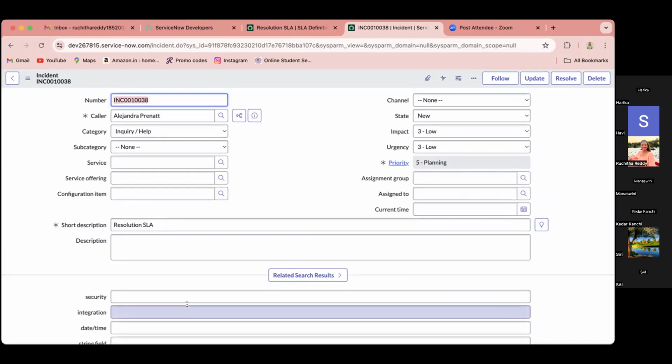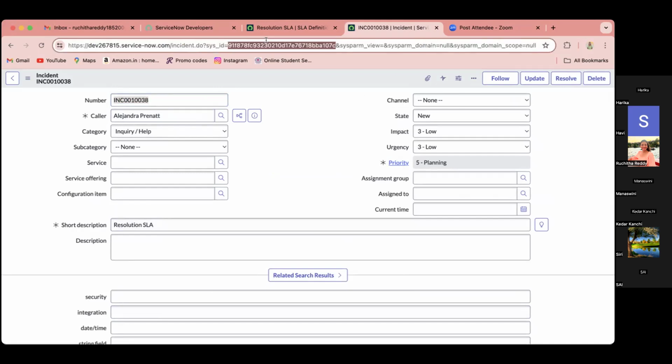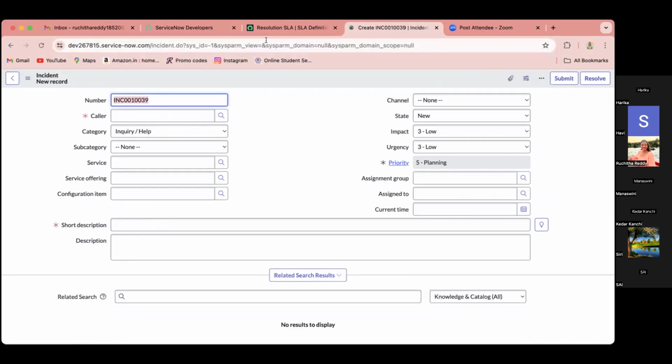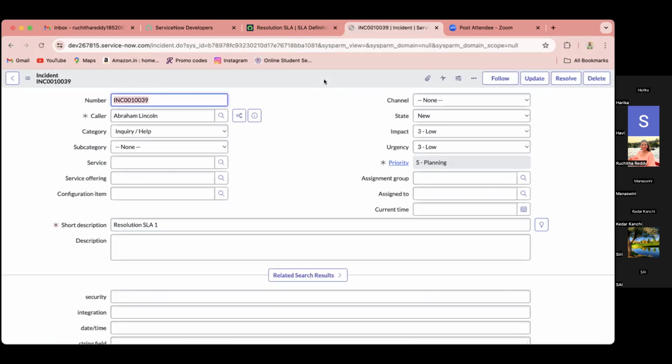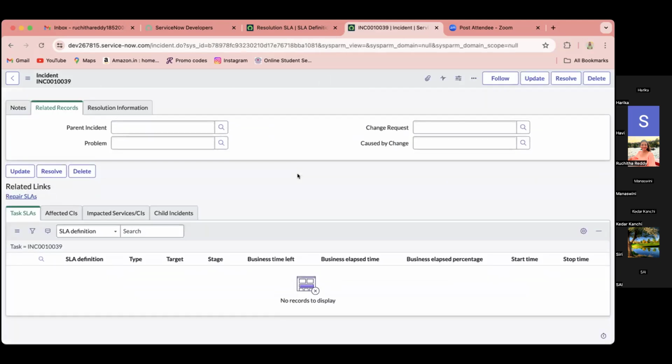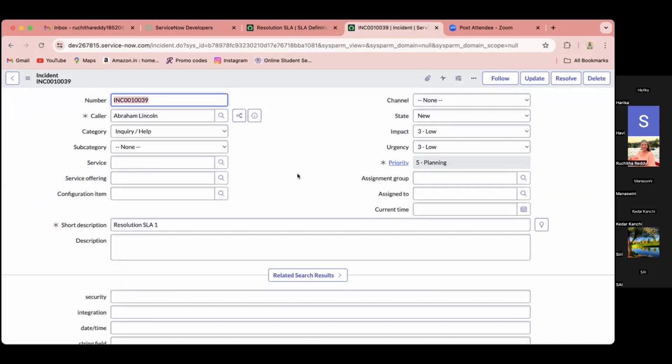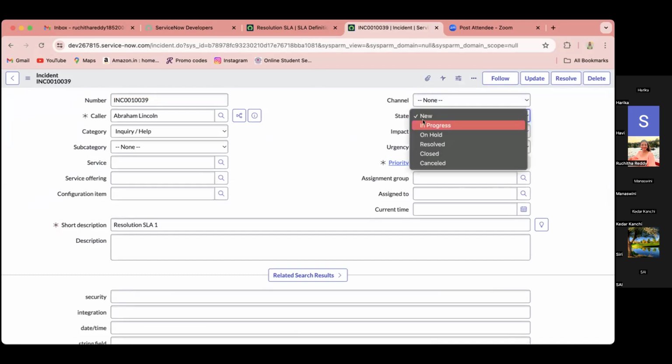Okay. Yeah, so now just save. Okay, and then change it to